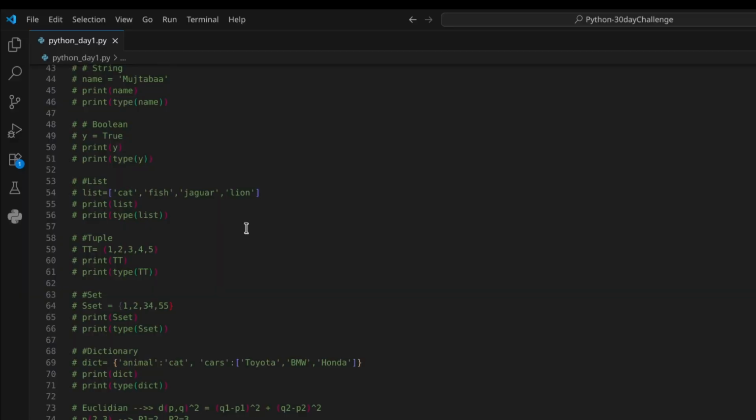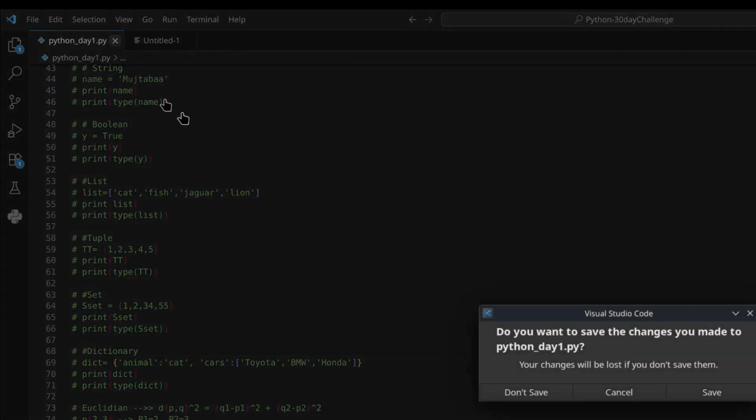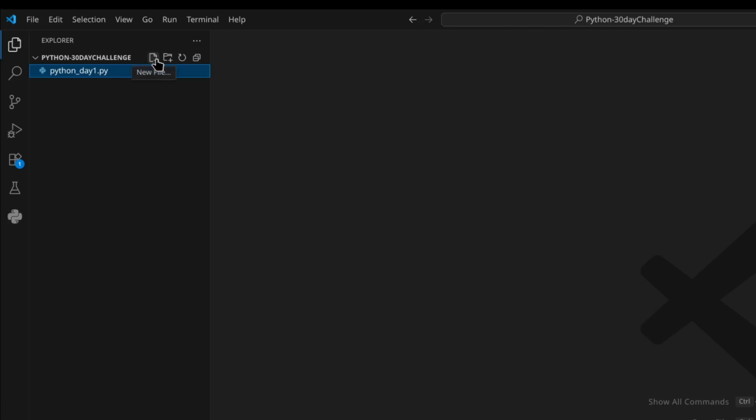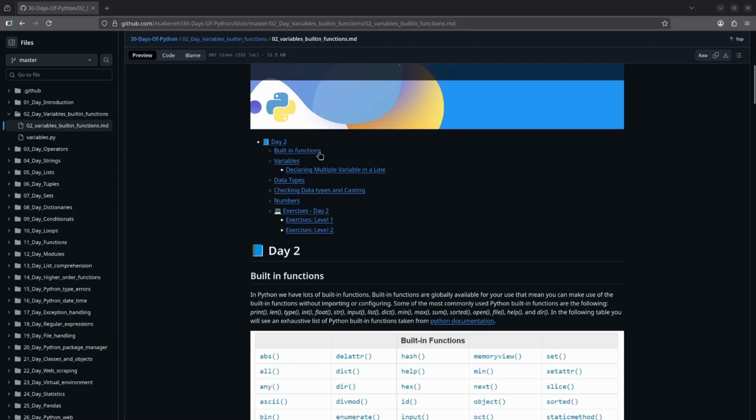So today we are moving on to a new day, and I'm not going to save it. Open up a new file. I close this. Creating a new file for Python underscore day 2.py. So day 2 of the 30 days of Python, and we'll be looking at built-in functions,